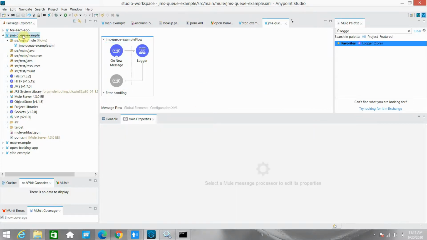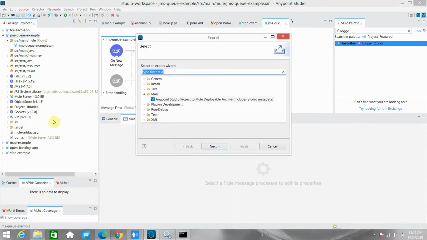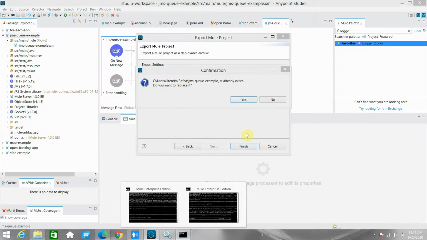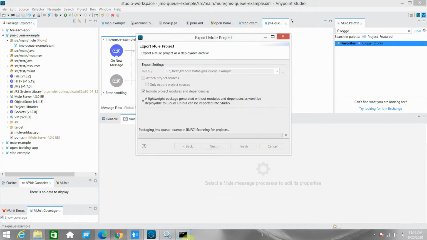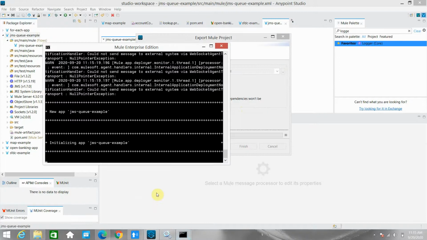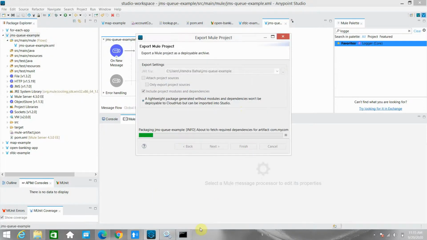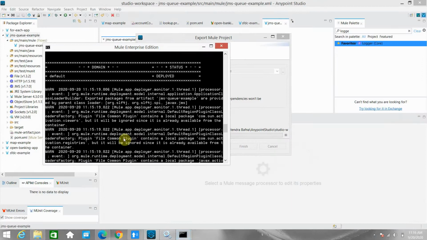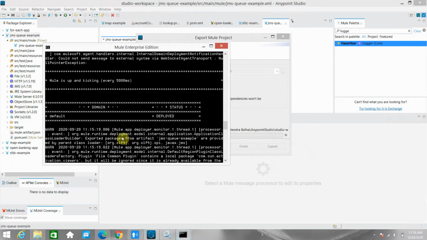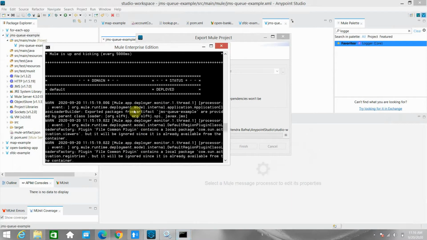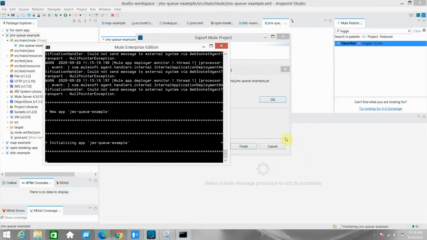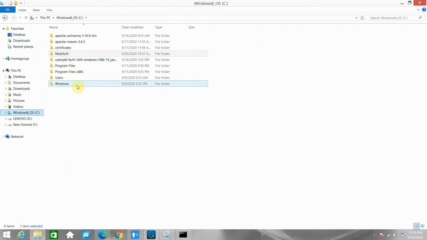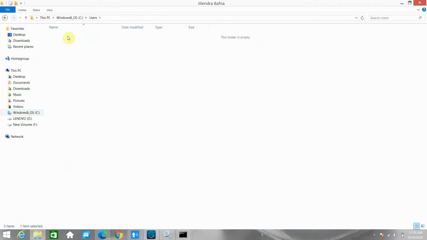Now export. Okay, let me copy the jar file again, which contains the client ID as test client 2.